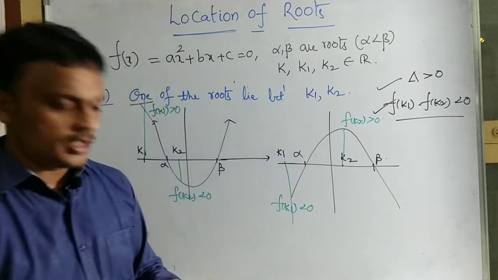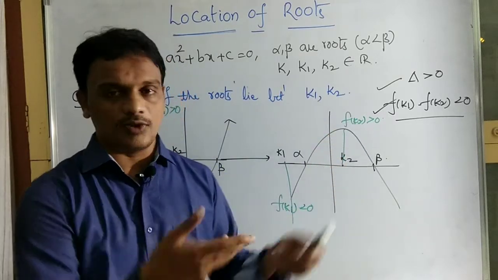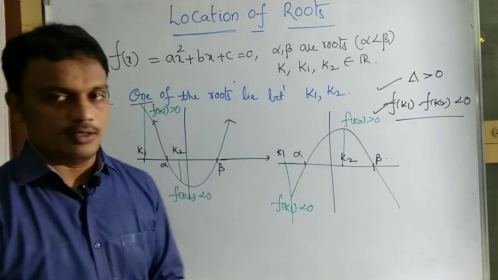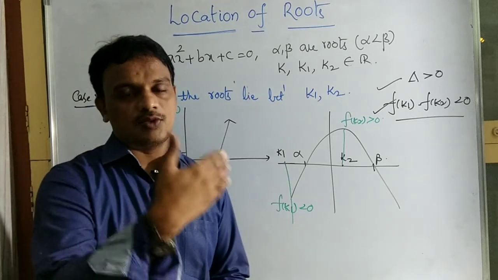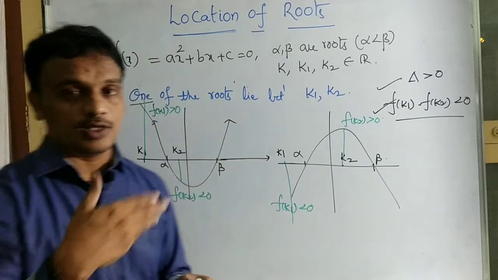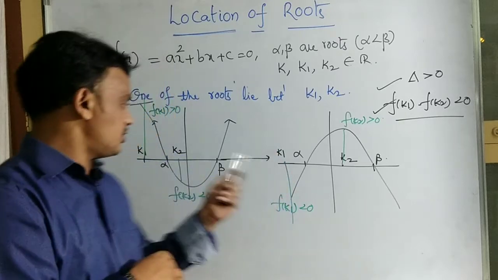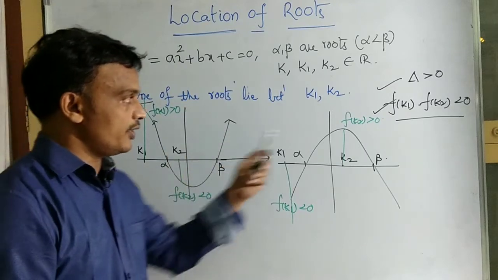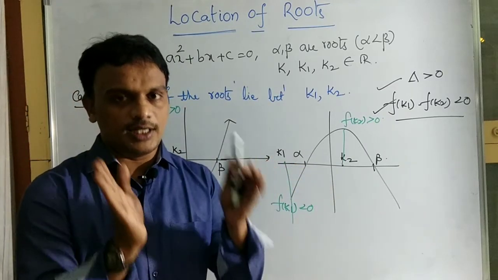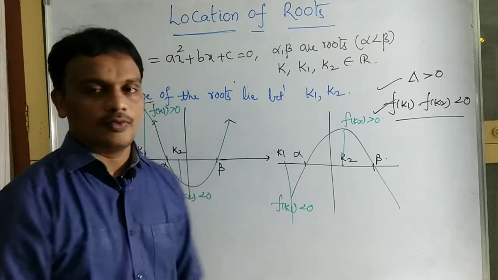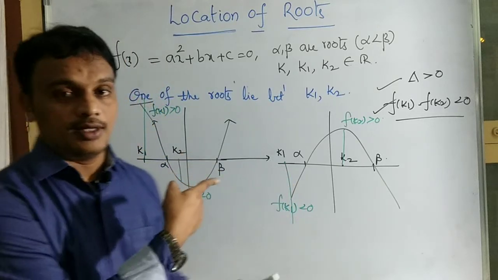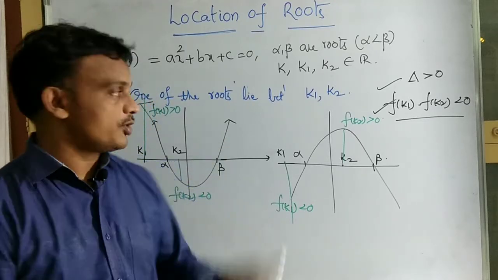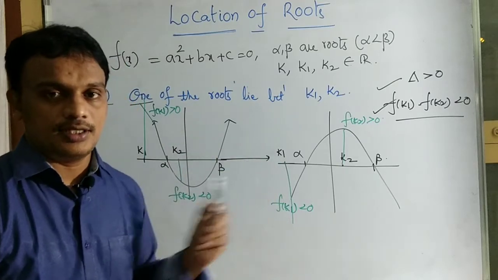By taking these two conditions and their intersection, we will get the final solution of that particular problem which belongs to this situation, right? For each and every case, whatever the condition is, up to now there are 6 cases in total. According to each case, please make a diagram. In the two cases, when a is greater than 0 and when a is less than 0, you will see it clearly by observing the graph. Okay students, make a note, a very important concept from the JEE Mains point of view. Next we will take some problems based on any of these 6 cases.